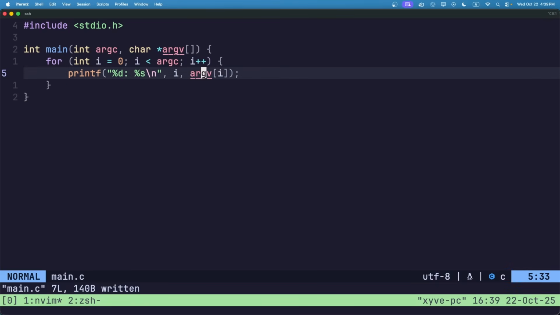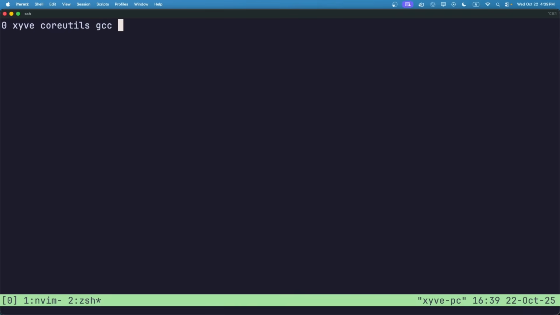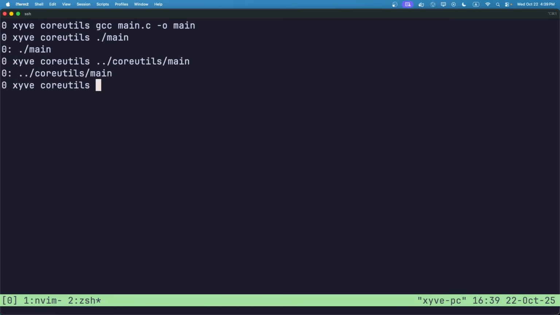Now let's compile it. As you see, the first argument is the executable itself, or rather, the way it was called. Because if I run ./COREUTILS main, that's going to be the first argument. So just keep that in mind. Now if we do ./main hello hi,